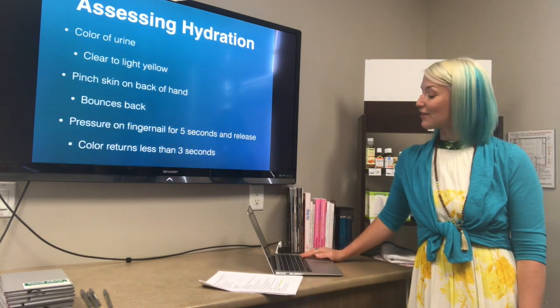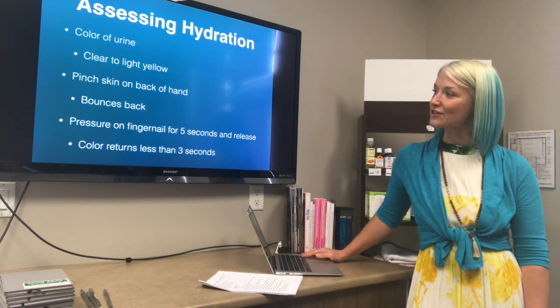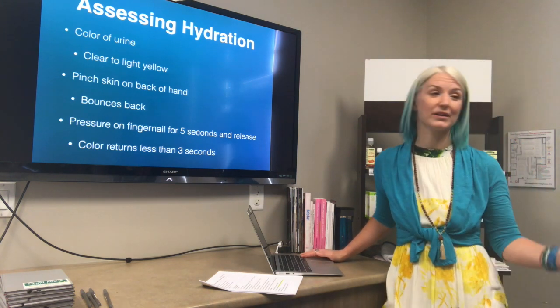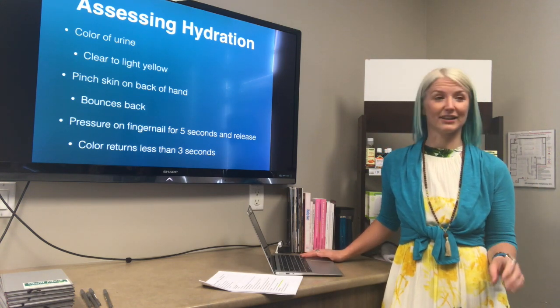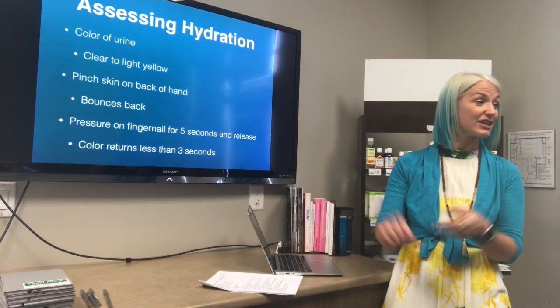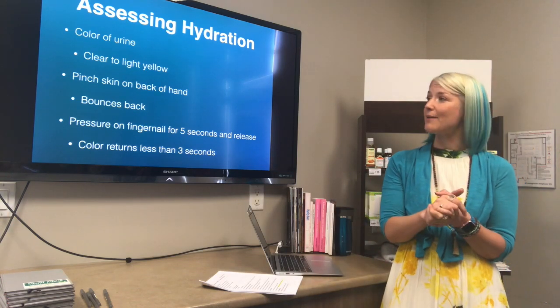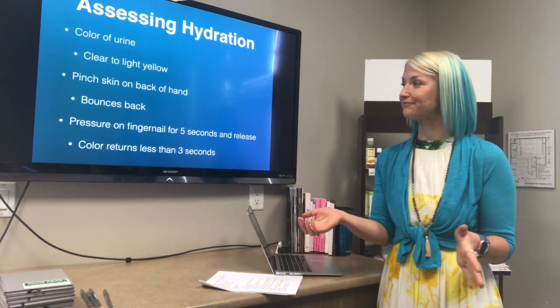So for assessing hydration, like we talked about, there's not really any specific test. There are 3 things we can do to watch. Number 1 is the color of your urine. It should be very, very pale, clear to light yellow. Noting that some vitamins and some medications will darken your urine. And certainly the first pee of the day is going to be darker because your kidney's been darkening it.